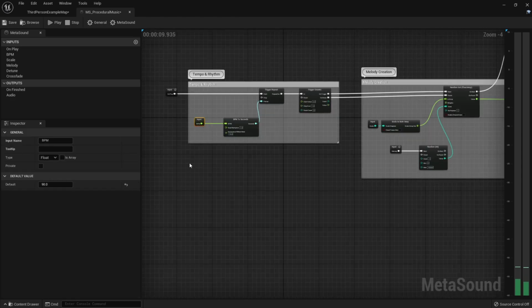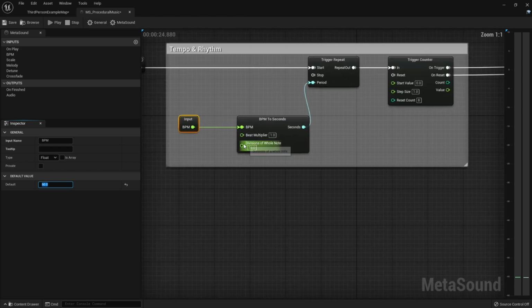And this is all based off of the BPM here. So if we change the BPM, everything will change. So if I go 60, it's a little bit different. Okay, and now if I change this divisions of a whole note, you'll see that it's kind of a little bit slower. So if I change that and press play again,